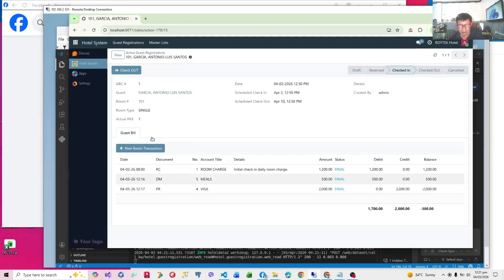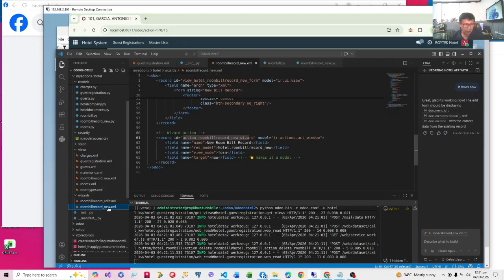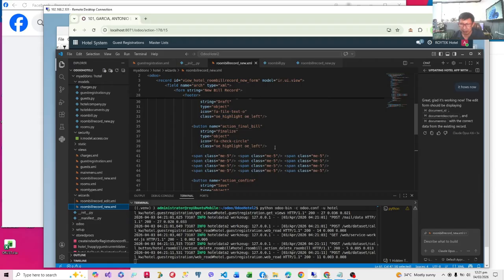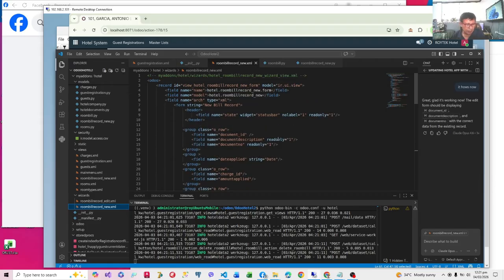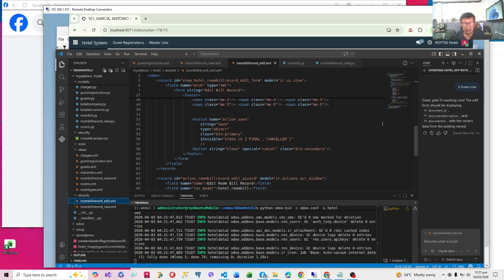Anyway, before I proceed, I'd like to show you the edit wizard. What we have is an insert wizard. The edit wizard is just another XML. This time, this is a simpler XML, a simpler view. This is a replica of the new wizard. This is an edit wizard. We should not use this, this is new. This is the one. This edit. So this is a replica.